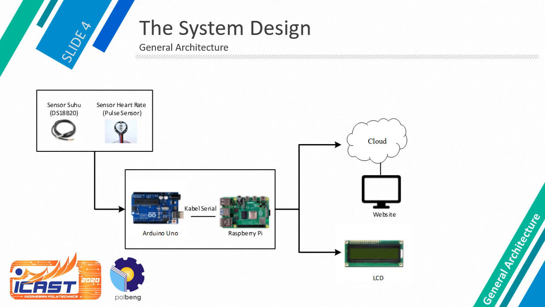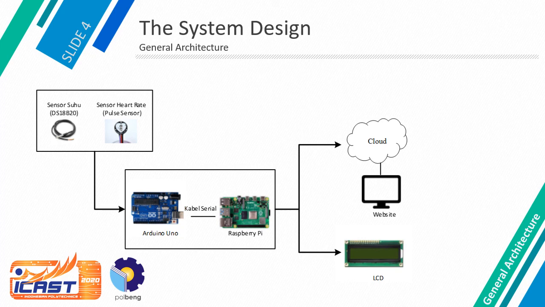The system design, general architecture. Here we are using pulse sensor for detecting heart rate and body temperature sensor DS18B20 for detecting body temperature. The forefinger will be placed on the pulse sensor, and the body temperature sensor DS18B20 will be placed on the armpit. Each sensor will take the data for 1 minute,